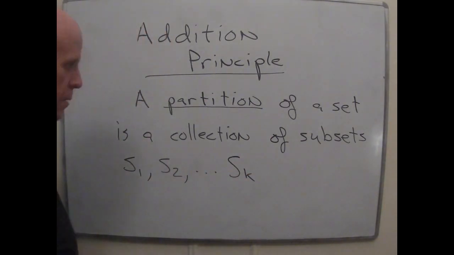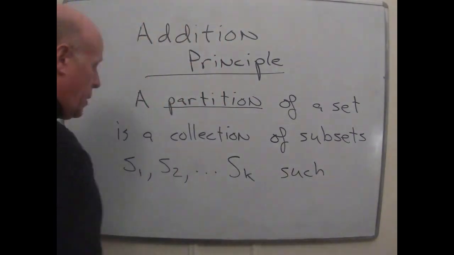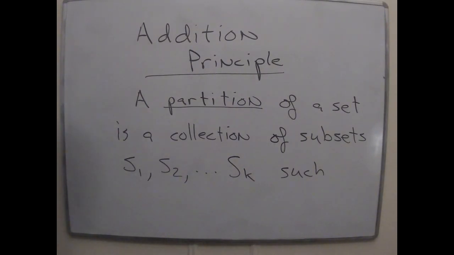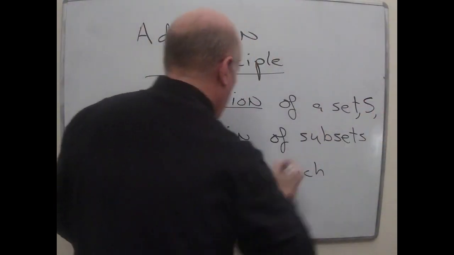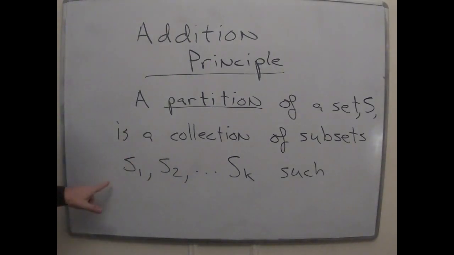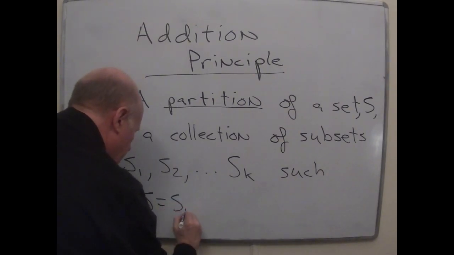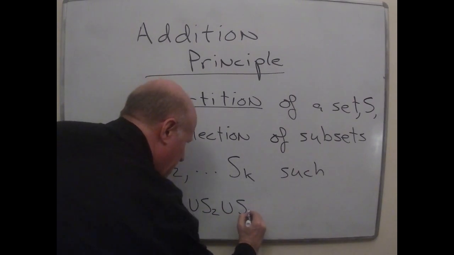Such that what you want out of these subsets is that if you take the union of all of them, you'll get the full set. Oh, I didn't put a name on the set. I'm sorry, let's fix that. A partition of a set S is a collection of subsets S1 through Sk such that S is equal to S1 union S2 union